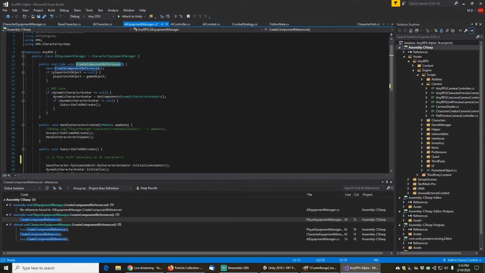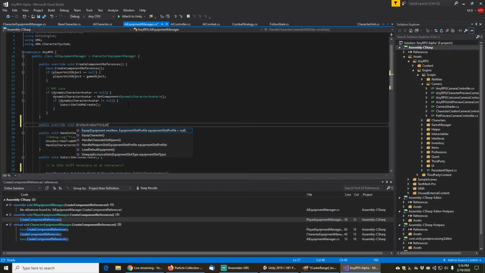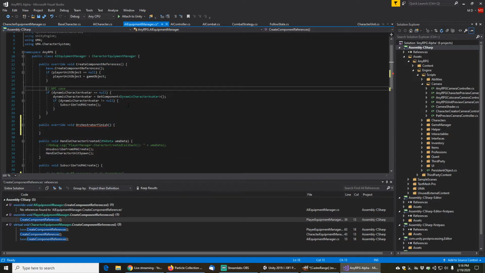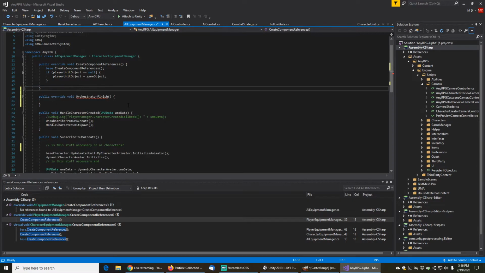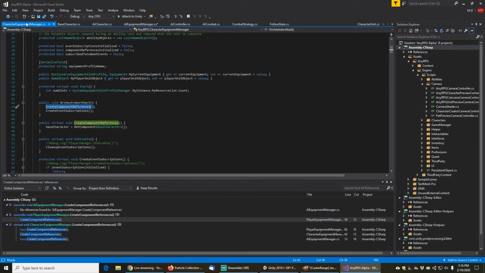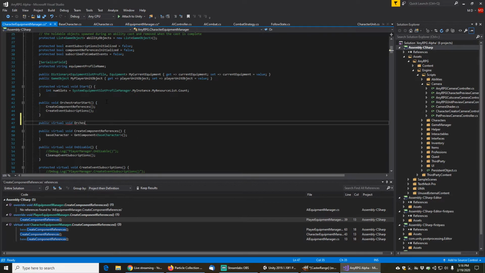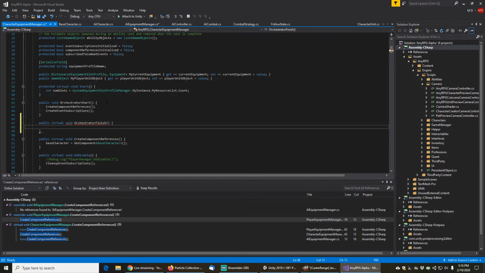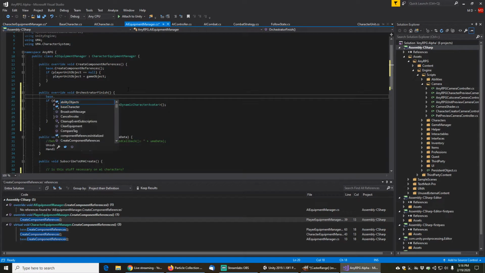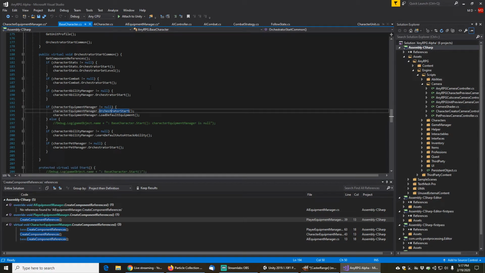Okay, so public override void Orchestrator Finish. Then that means in our equipment manager, we need a public virtual void Orchestrator Finish. We can call the base method. In the Orchestrator Finish there, overwrite me. Then in our base character,